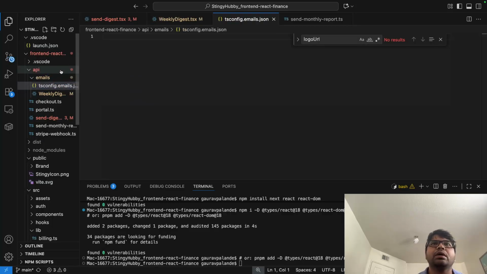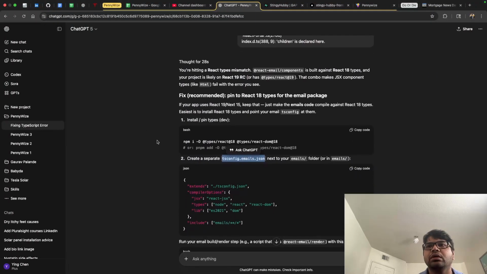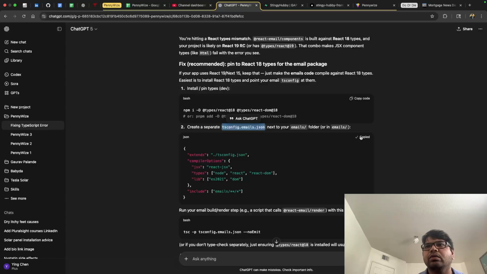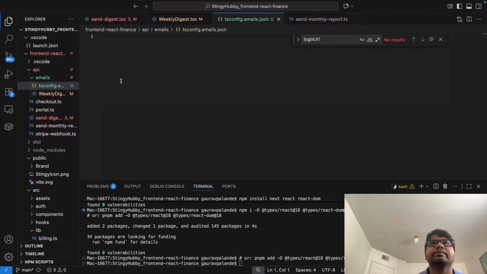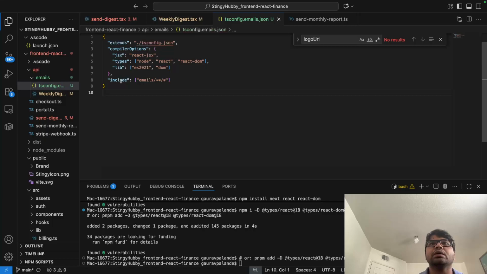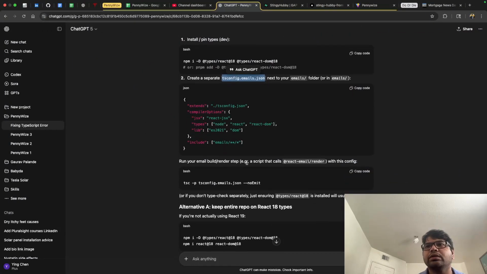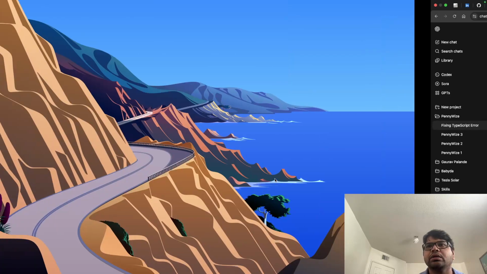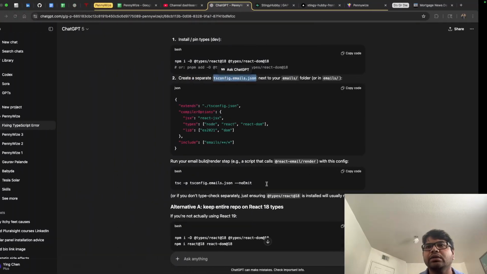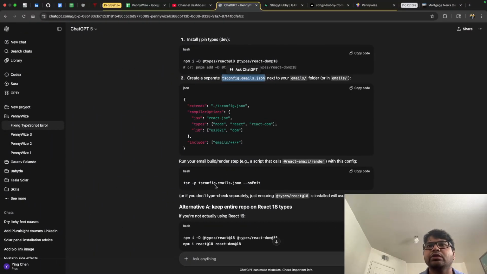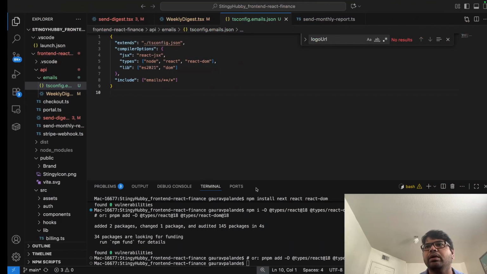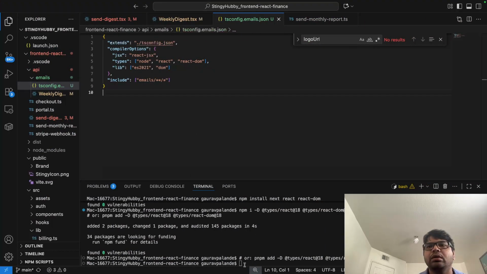This one, tsconfig emails.json, and then in that JSON we are going to copy the JSON and paste it here, and then run your email builder render step, a script that's called React email render on this config. So let's copy the code in the bash, and then it is TypeScript compiler -p tsconfig email.json no emit. So that no emit will